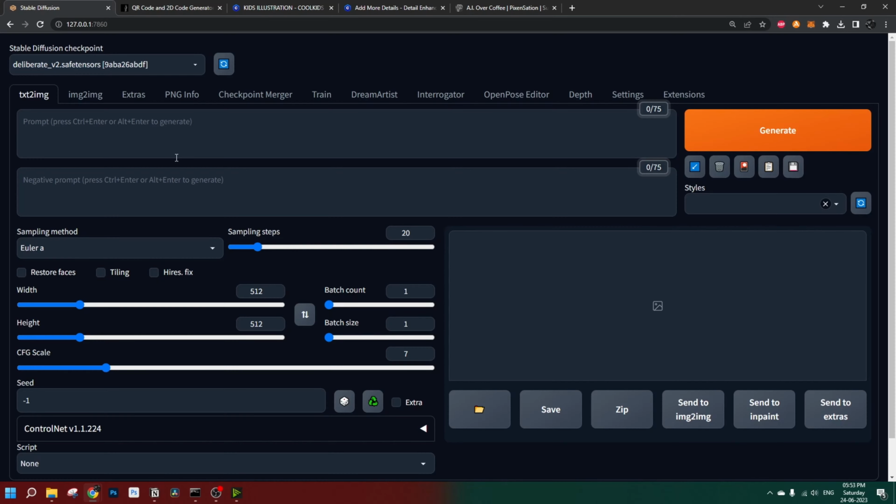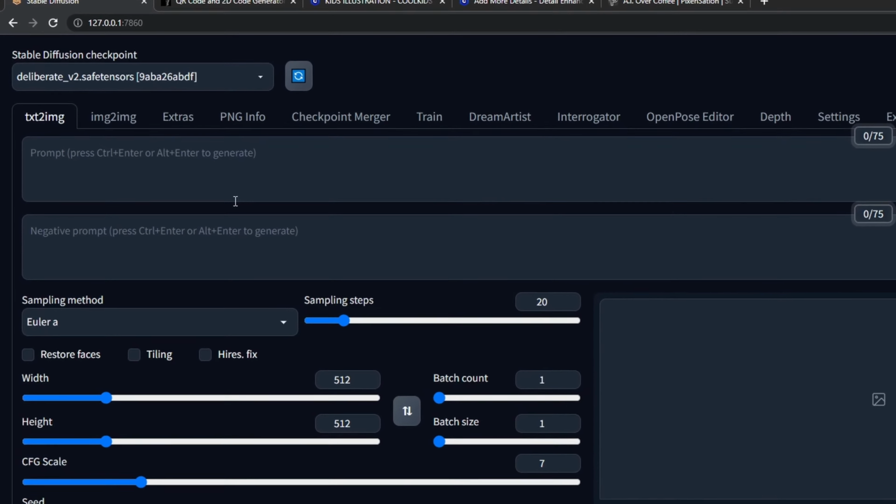Let's save it. For this to work, you need to have ControlNet installed in your Stable Diffusion. I'm not going into the nitty-gritty details of how you can install ControlNet and set it up in your Stable Diffusion or update it. You can watch my older videos for that, and there are lots of other tutorials on the internet. I'm gonna assume for this video you know what ControlNet is, you have installed it in your Stable Diffusion and are ready to go. Let's go to the text to image part of Stable Diffusion.